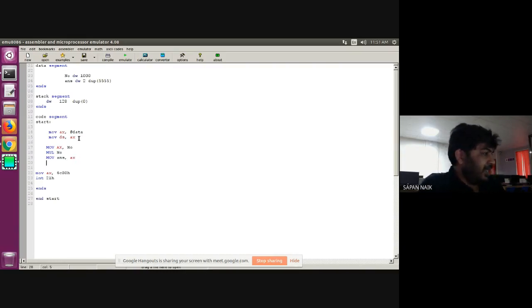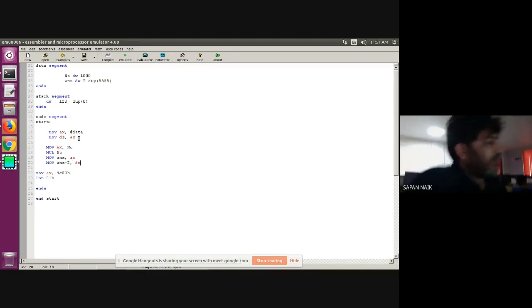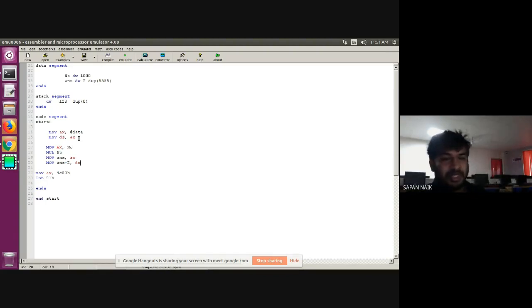As I already told you, each box in 8086 occupies 8 bit. So as soon as I copy something into answer, 16 bits will shift into two locations. So if I want to store something after two locations, answer +2 comma DX. So whatever value I have stored in AX is now copied into the answer variable, and whatever value is available in DX is now copied into the answer +2 location below that.